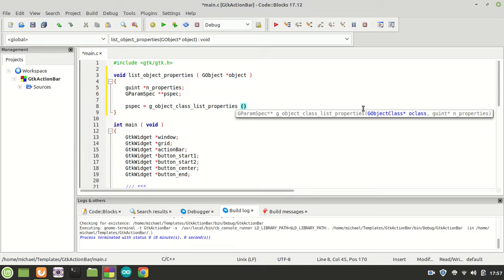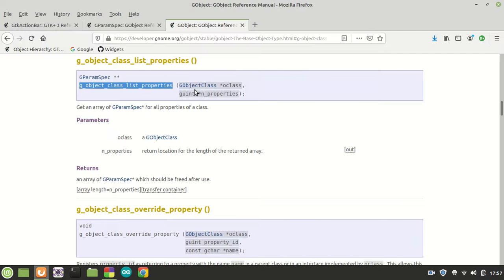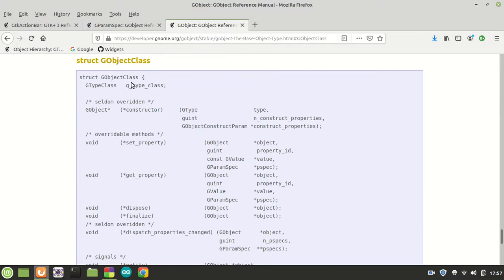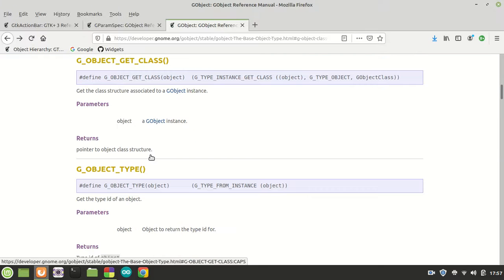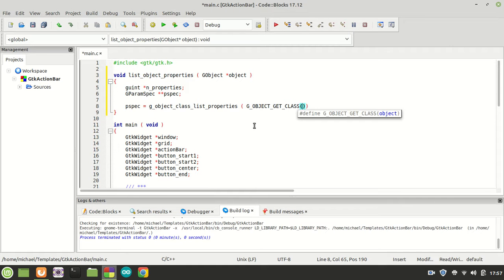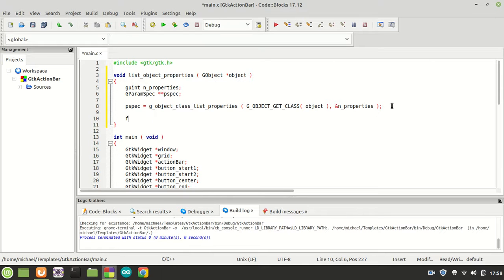And we are going to pass the class of the object, like it says here. We need a class. For this there is a function which helps us to get the class. It is right here, a macro G_OBJECT_GET_CLASS, and then we are going to pass, of course, our object. And the second thing which we need is to pass the number of the properties which we can get. We don't need a pointer. Once we have it, now with the help of the for loop,